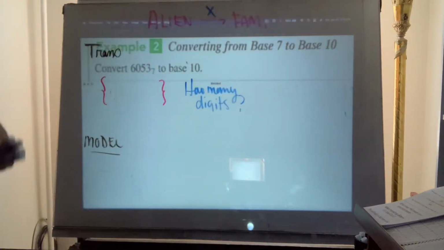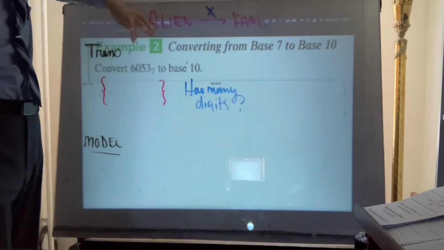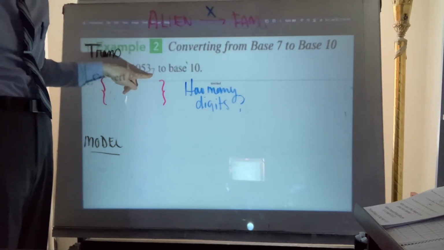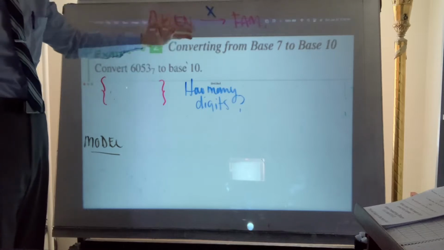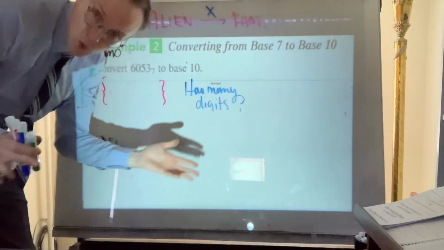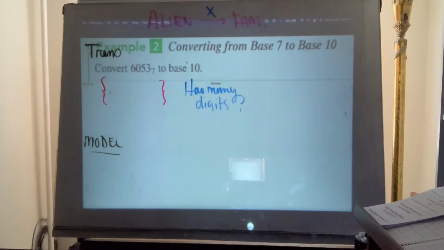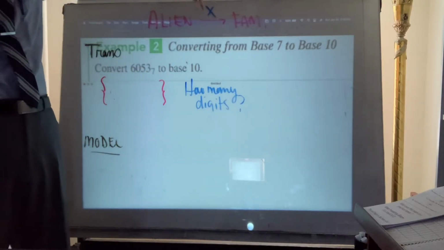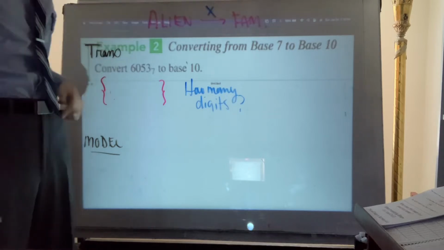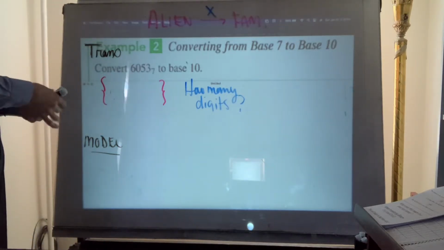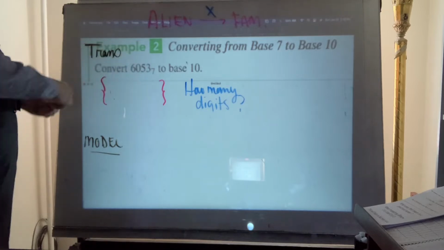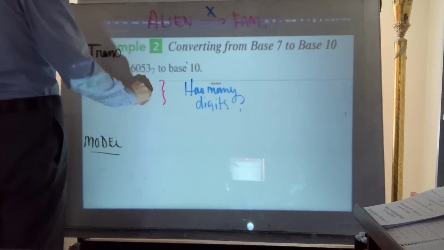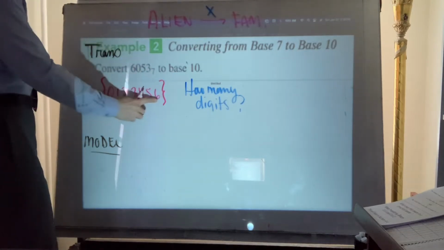All right. Now, still doing this. We're going to convert what looks like 6053, but it's in base 7, to base 10. What is base 10? The decimal system we're all familiar with, Hindu-Arabic numerals. So again, we're going from something alien to something familiar. All right. So let's start with the character set. If we're base 7, we're going to be 0, 1, 2, 3, 4, 5, 6. Remember, it's always one digit shy